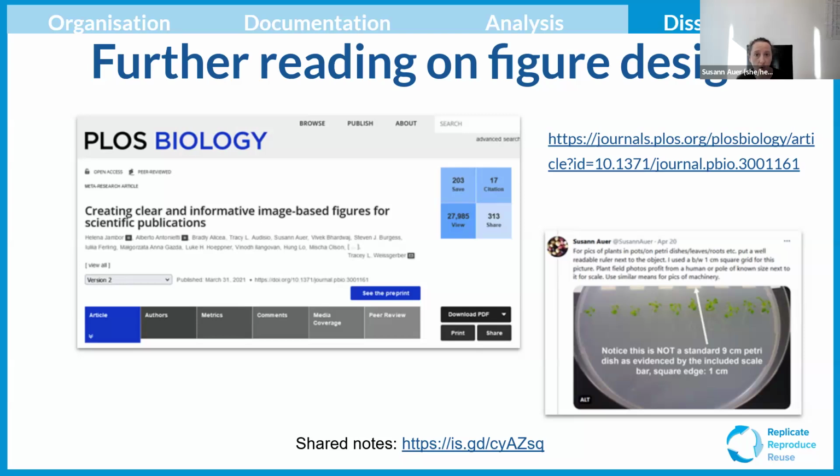And the outcome for my field, plant biology, was really drastic, because we found that only 2% of all the figures in plant biology, where you have microscopy images, plant images,